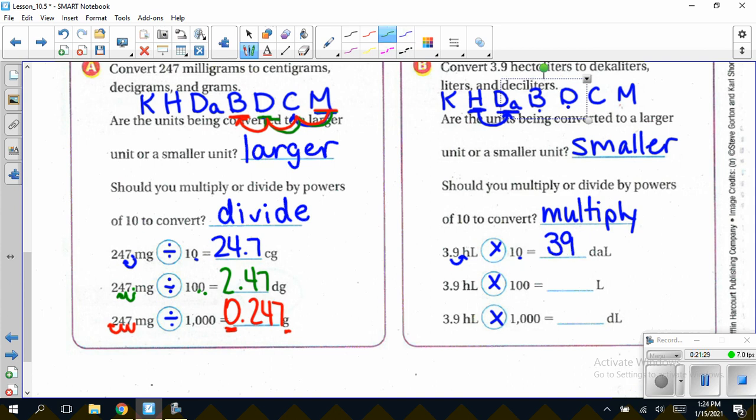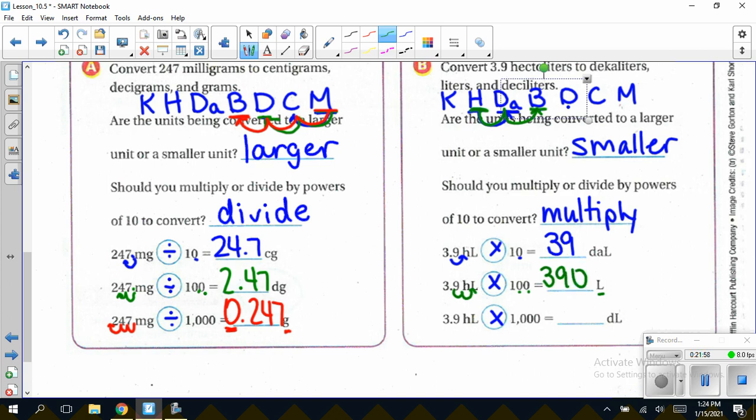Moving to the next color, again, starting at hectoliters. This time they want us to go to liters, which remember is our base, because you see that that is a single letter abbreviation. So to show that we're multiplying by 100, I have 1, 2 swoops. Again, it's to the right. So with the 2 zeros, 1, 2 to the right, that does give me 390 when I add a 0